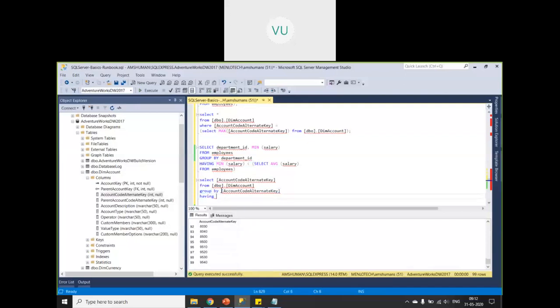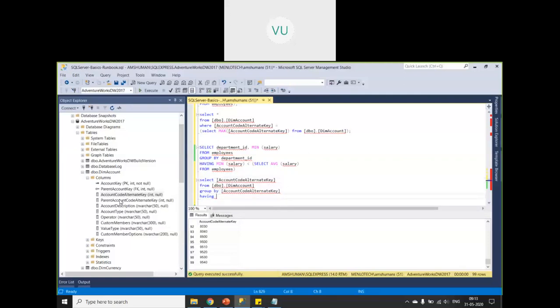But it has to be on an aggregation, so it cannot be on a single column value. If you are putting a condition or selecting some other column apart from the group by column, it has to always be an aggregation of that particular column.